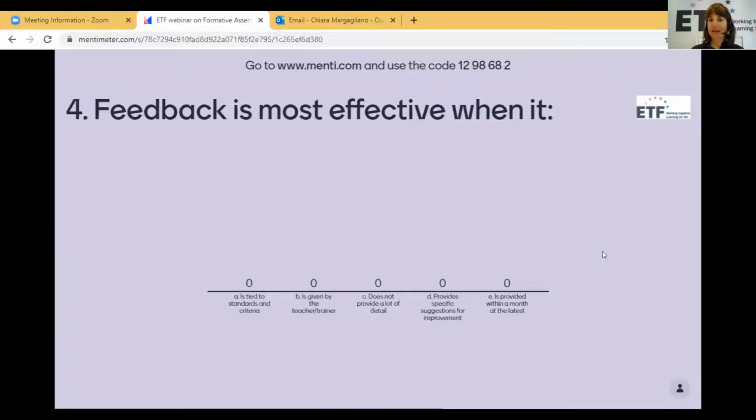And this is feedback. The previous one was formative assessment in general. B is given by the teacher trainer. C does not provide a lot of detail. D provides specific suggestions for improvement. And E is provided within a month at the latest. And also here it is possible to tick multiple answers. We see the highest score so far for D, provides specific suggestions for improvement.